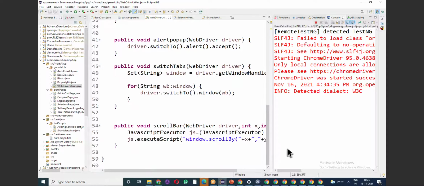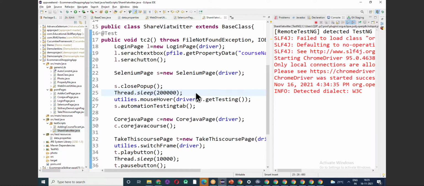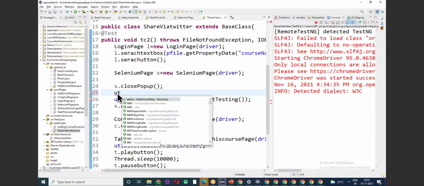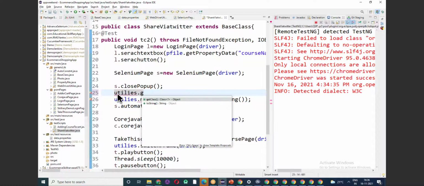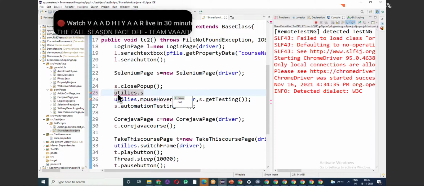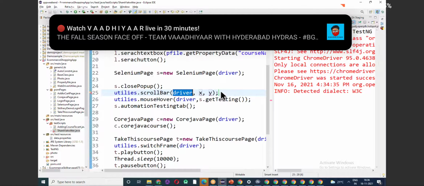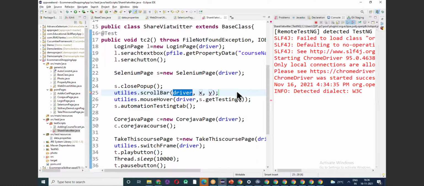No, we will use the scroll bar. We'll scroll to that element and we'll click it. Okay, we'll scroll and click on it. Fine. So we will add on this scroll bar. Close the pop-up, then we will call this scroll bar, utilities dot scroll bar. Okay, for testing,